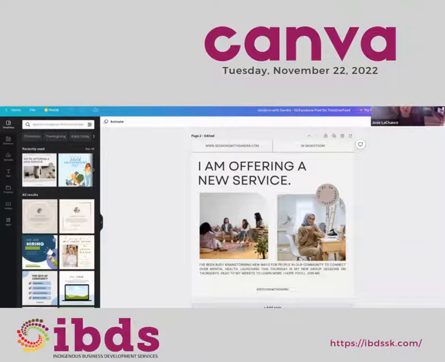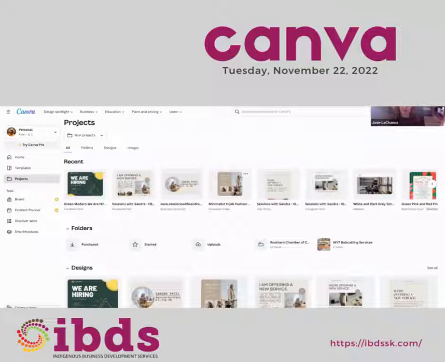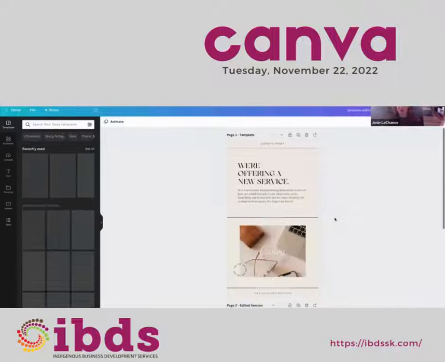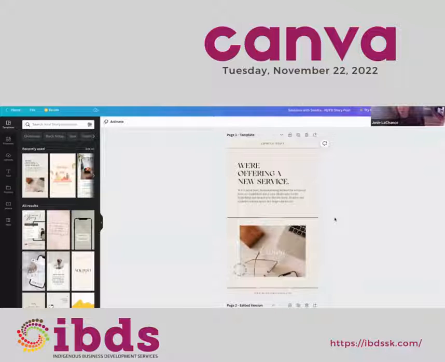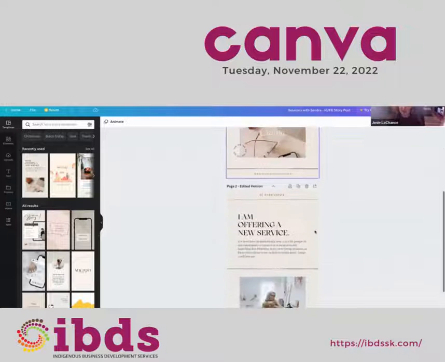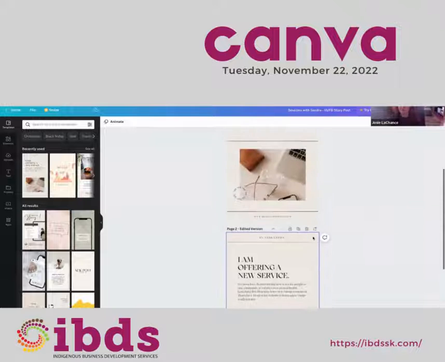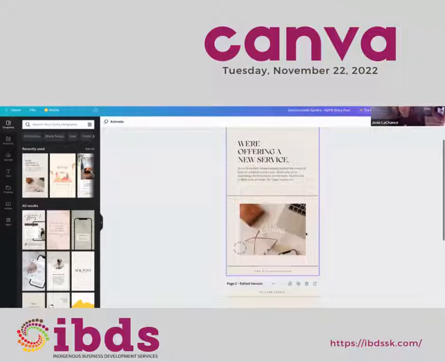And because I also want to do this on Facebook, and I also want to put this on my story on Instagram, I want to create the same look for this program. So I found the same template for Instagram story. Here's the template again. And I just put in my information about Sessions with Sandra. And so all I did was simply swap out the information on a template that I already really liked.